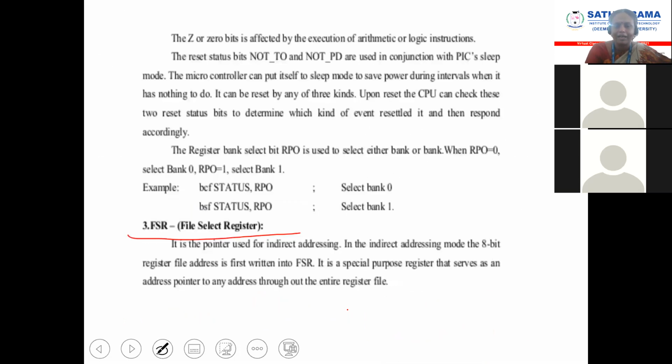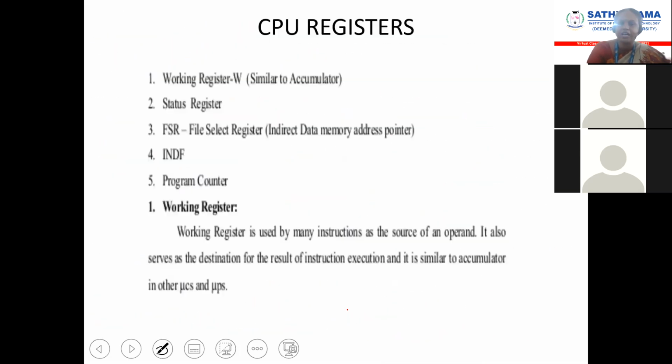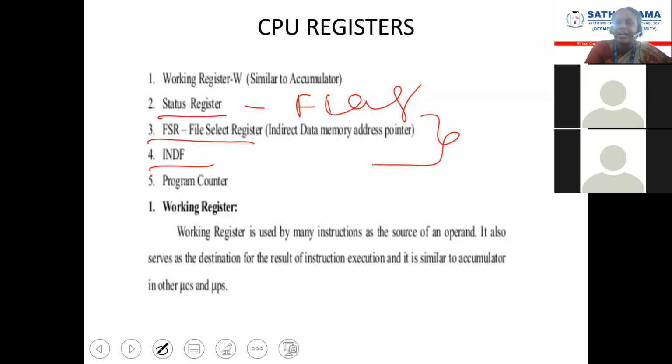So you have to remember a small recap on the CPU registers. The working register is an accumulator. The status register is nothing but a flag register. FSR means file select register. INDF is also nothing but the indirect file register. Mainly it is used for indirect addressing mode, and while writing a program only, we will use this register. And the program counter is a 13-bit program counter. So these are all the